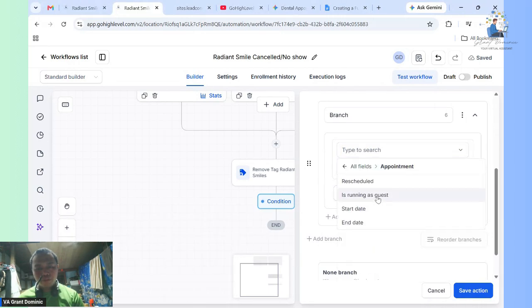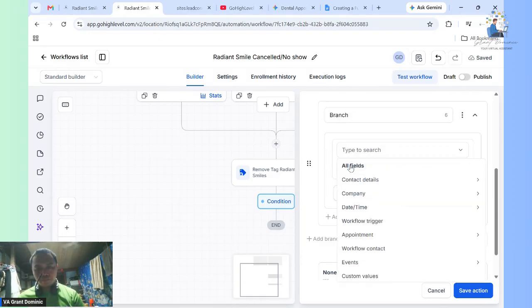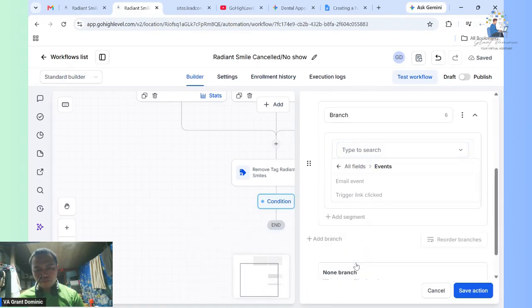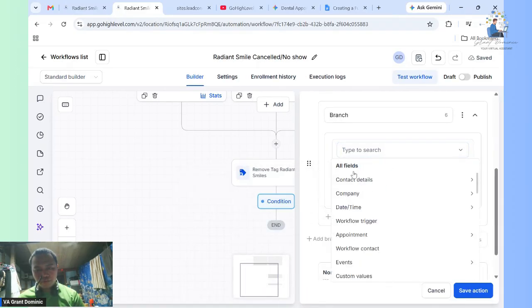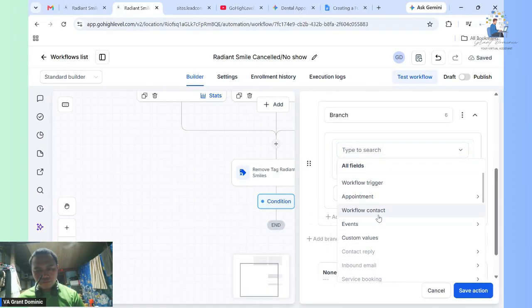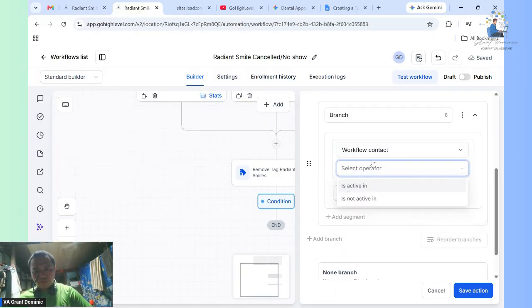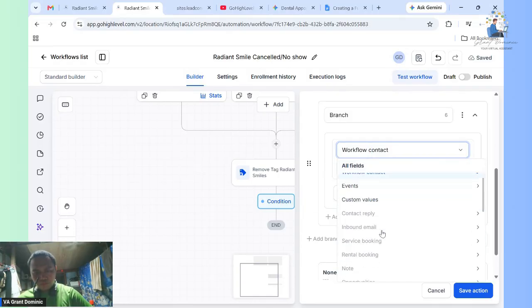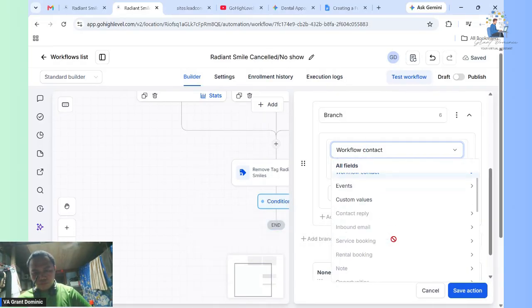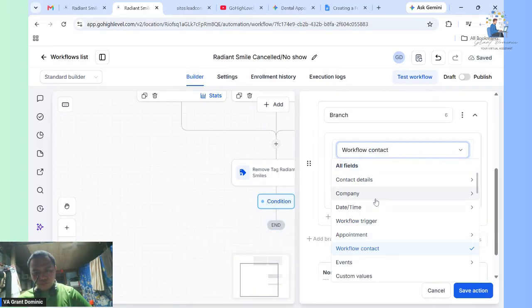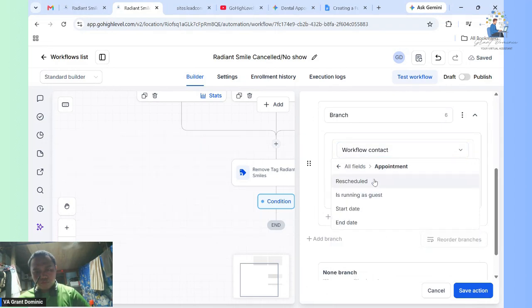If the appointment, oh no, if the events, no. Not this one.